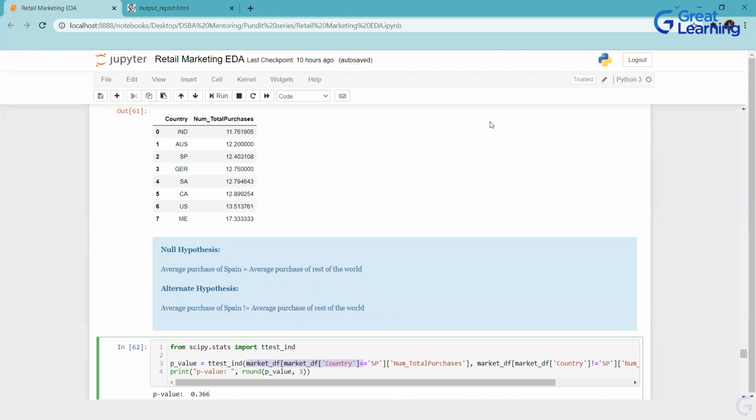One question, why can't we have greater than or equal to in null hypothesis? So what is your null hypothesis? Null hypothesis is your status quo. It is something that everybody believes in. That is like the universal thing that everybody is believing. You are saying it with affirmation. When you say something with affirmation, then it is an equal to sign. And null hypothesis is that affirmative statement. When you are diverging from that, you are saying it is not with affirmation, it is greater than, less than, not equal to, then it is alternate hypothesis.